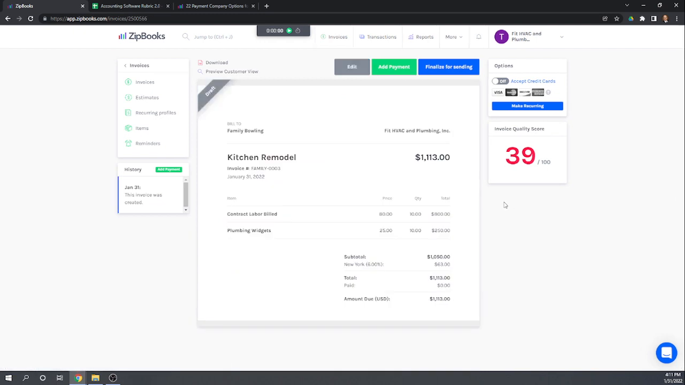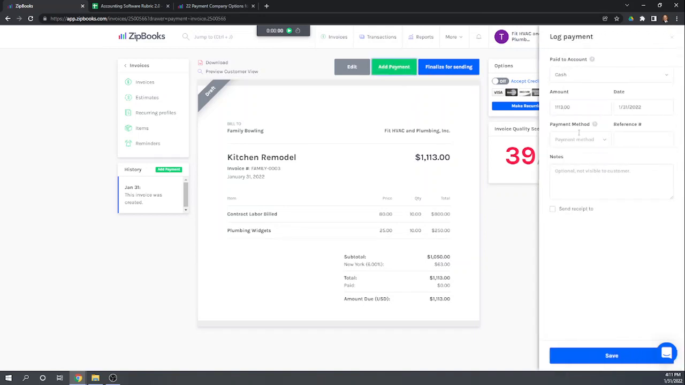Okay, so the last thing we want to know is, can we compare actual to estimated expenses? And we can't, because we can't even tie that estimate to a project. So we're not going to be able to do that within the software. We'd have to do it maybe on a spreadsheet. So when we add this payment, so let's say they pay us to our checking account, they pay us with a check,